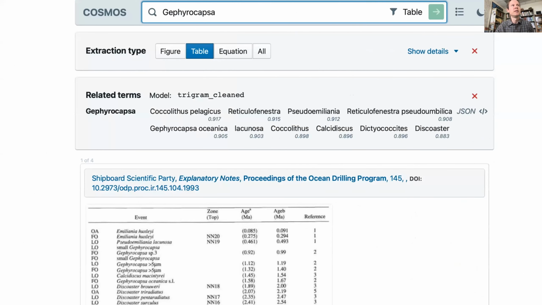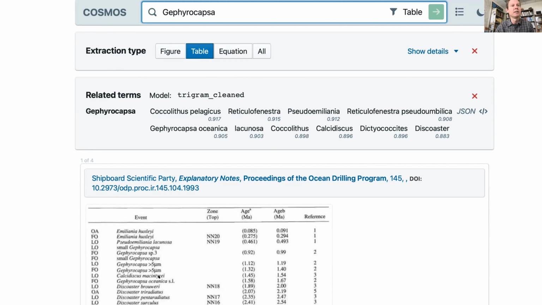Maybe a little more interesting and tangible example, here's a search for a particular genus, and we're looking for tables. This table contains that genus, and we're able to surface tables from these drilling reports and other literature. And so there's a lot of potential to bring the semantic and spatial footprint provided by Macrostrat columns directly into a literature projection that allows us to start the process of extracting and linking data from publications in a very